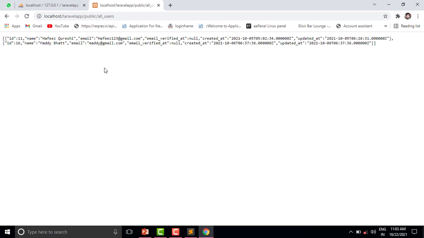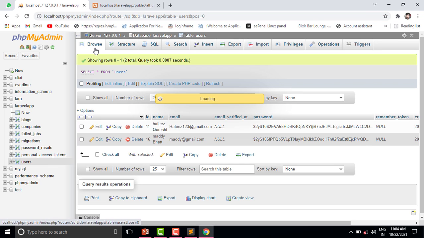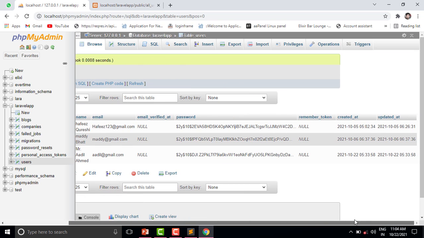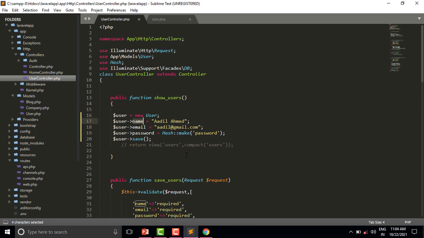So let us refresh this page. So we have saved the record in the database because we are not redirecting to any page, only we have saved the record in the database for testing. So let us refresh this table. Now you can see we are getting one more record in the database, and before the name you can see we are getting the prefix Mr. So in this way you can use the mutator in Laravel.